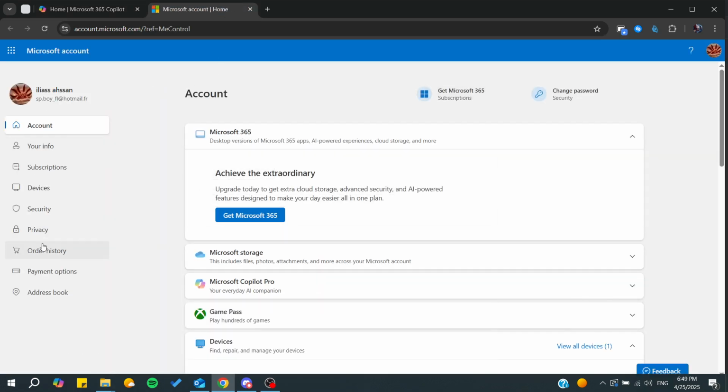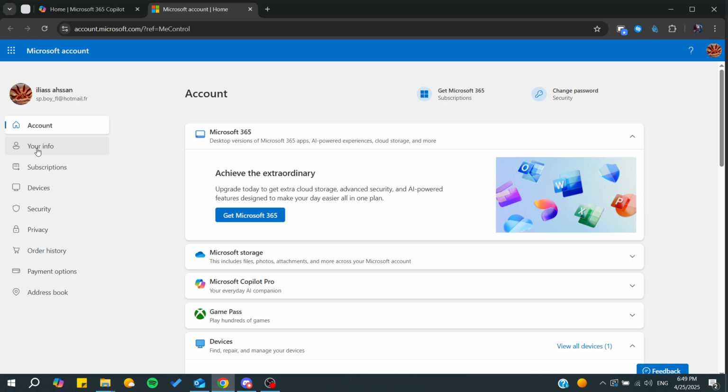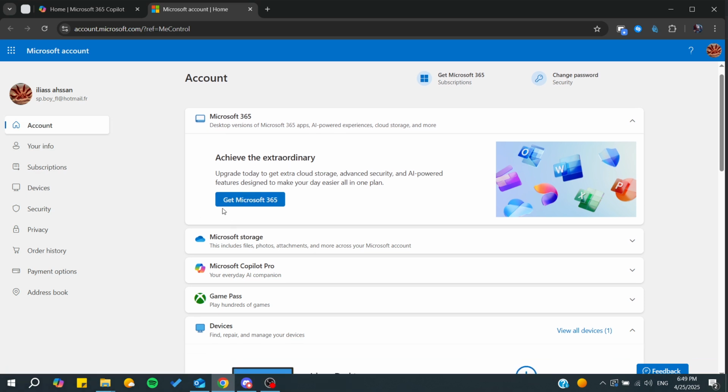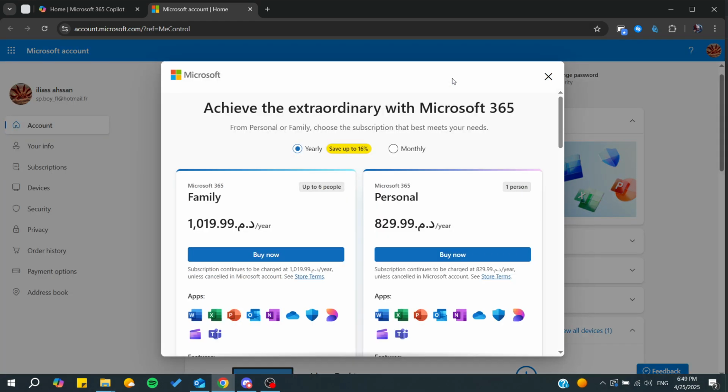So simply from here, we will find accounts or this little menu or this sidebar, and basically you will find your info, account, etc. And from here, we will be needing to simply either click on get Microsoft 365 or you can get it from here. So you will be able to scroll through the plans that exist for a personal account, and basically this is just a personal account, and then you will need just to click on get Microsoft, and from here you